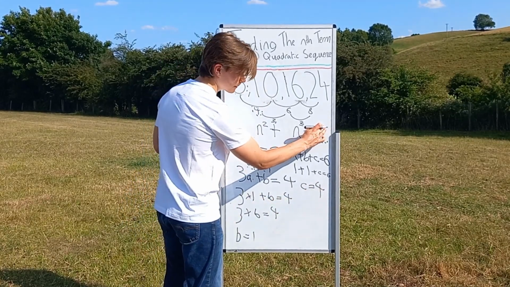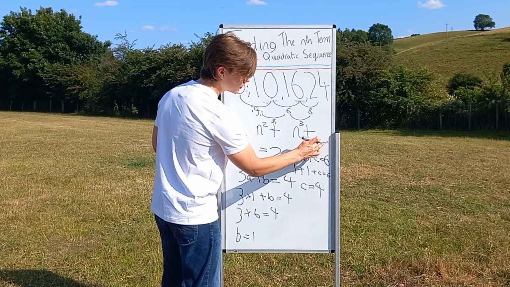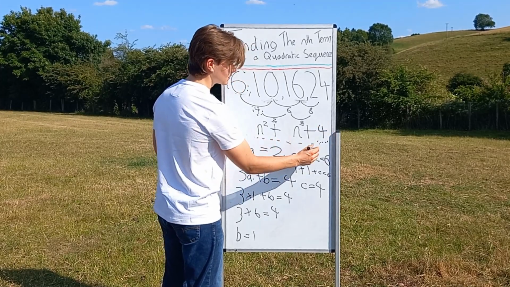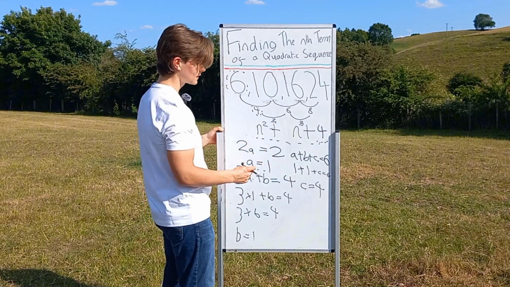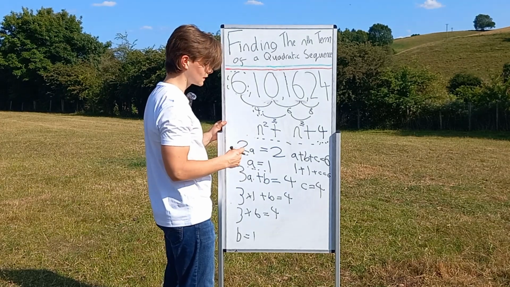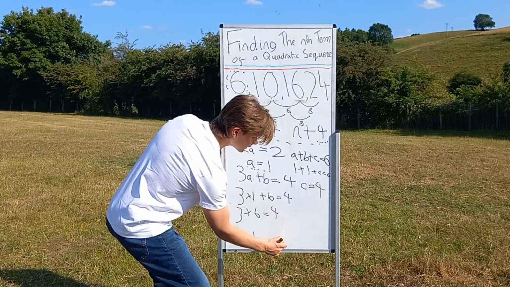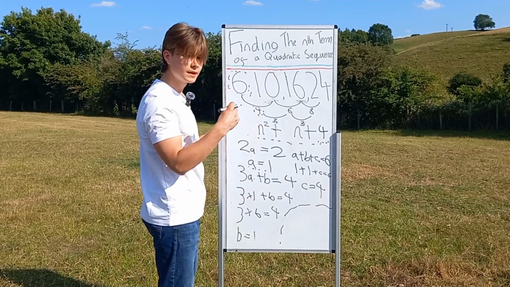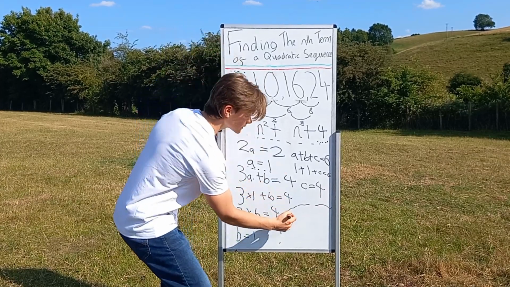So that means our c value will be 4, and that will be our sequence right there. So say we were to plug in 3 to this right here. I always like to do this at the end just to check I've got the value right. So let's just go down here, running out of room on the right whiteboard, but we'll substitute in 3 for n, so 3 squared is 9,